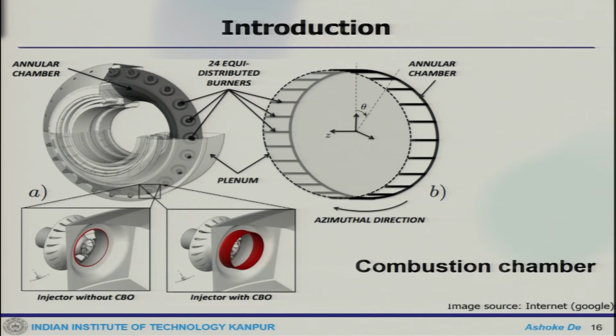Now, when you come to the individual components of the combustion chamber, one can see some schematics of the combustion chambers. This is a combustion chamber with annular distributed burners. Essentially, along this the burners are situated, and these are annular sections, and each burner has an injector with this kind of configuration. These are cut sections shown for an individual burner, and one can see that this is so complicated.